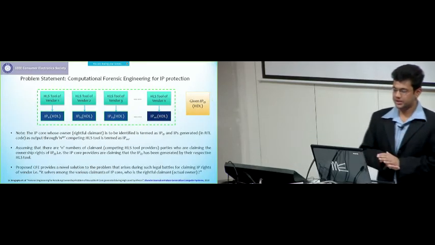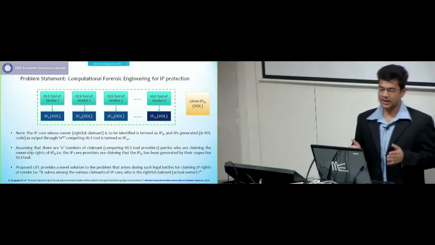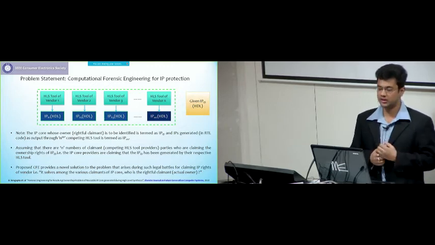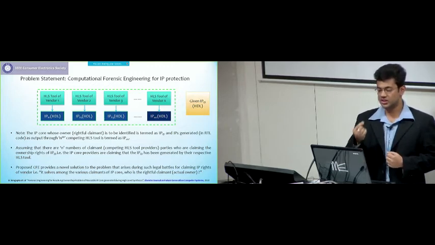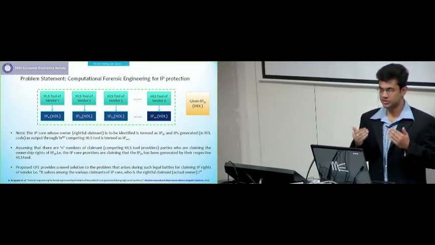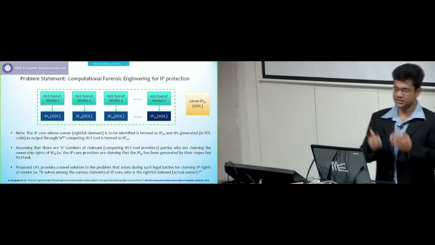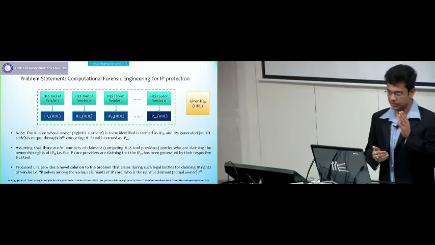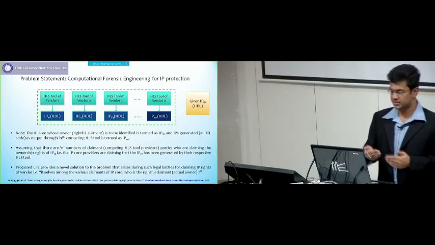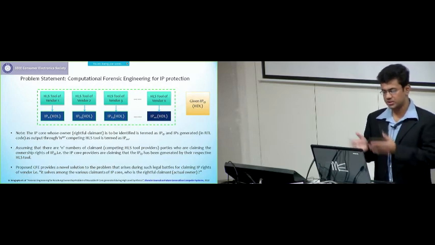So what's the problem statement? We have a set of competing HLS tool vendors who want to claim ownership of the IP core, and we have to find out who is the legal or genuine owner. So we are trying to resolve the piracy issue, and we are also trying to resolve the false claim of ownership issue. Each of these HLS tool vendors, from 1 to n, is capable of generating an HDL, which is the hardware description language of the IP core that is used in the CE device.